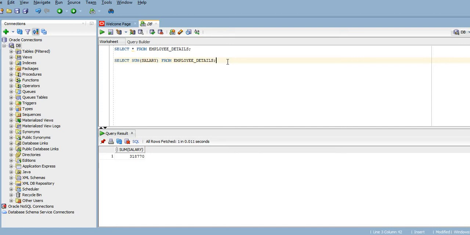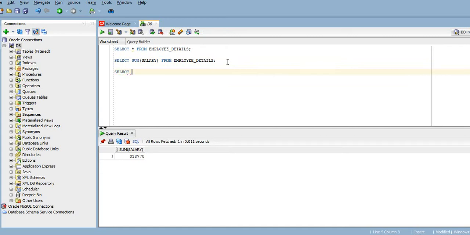Over here we are trying to group up the summation of the salary of the resources who are working in the company based on the department number. So for each department we want to see how much the company needs to pay to the resources. Let's see how to write that query.